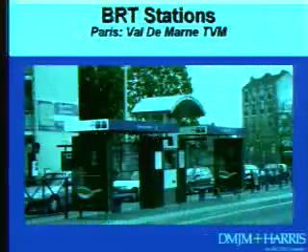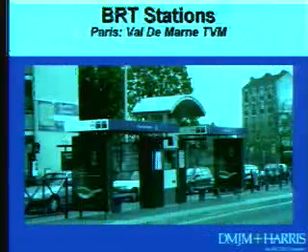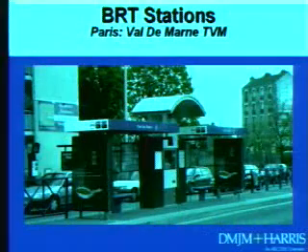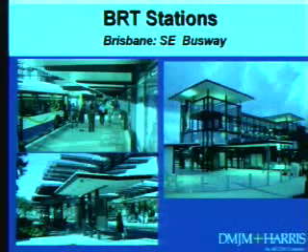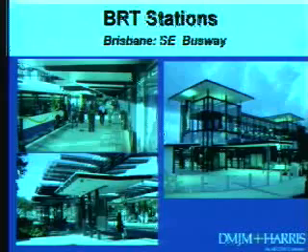I have some examples of these things. Here's a bus rapid transit station in Paris. So obviously you have to sort of fit them into the physical environment that you have, and there was a very narrow environment, and that's their treatment. Here's several different ones from the Brisbane Southeast Busway. Fairly new, goes through a university. It's on the right-hand side of the screen there. You see the university. It has a theme that sort of carries out through the whole system. So, oh yeah, that's a bus rapid transit station. It's obvious.